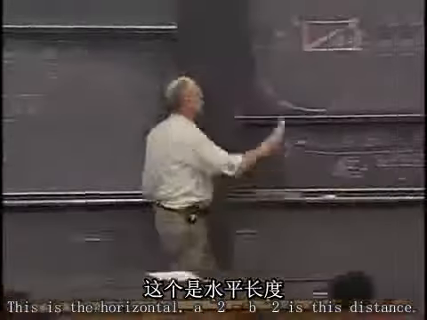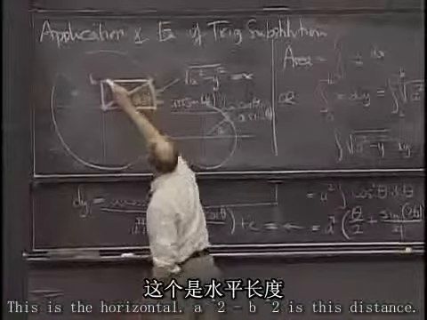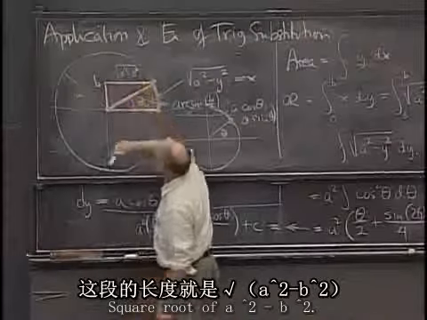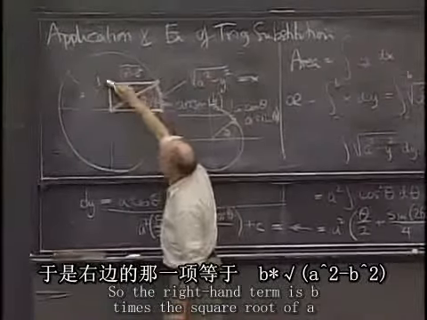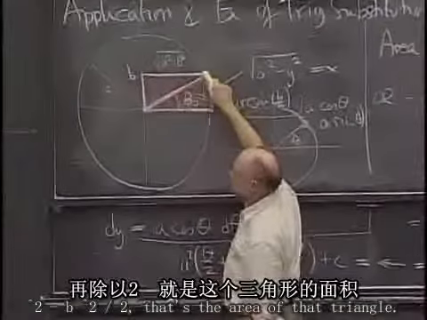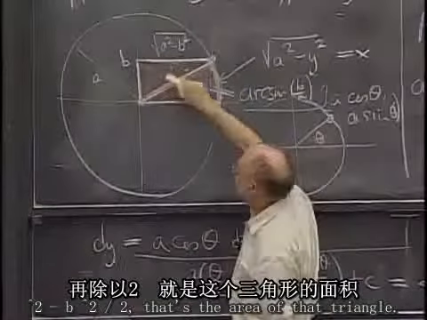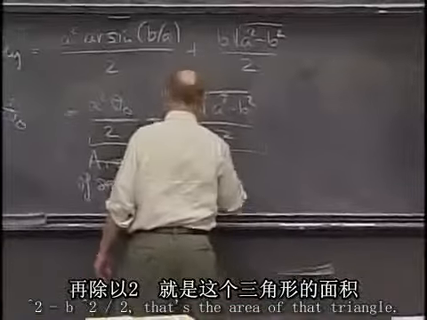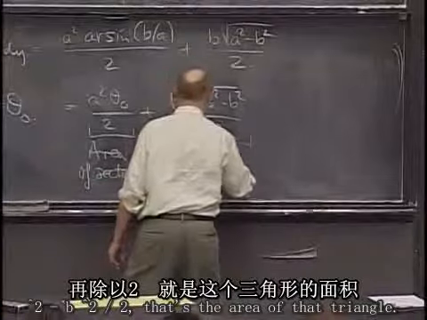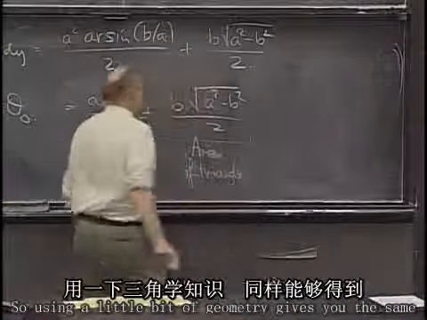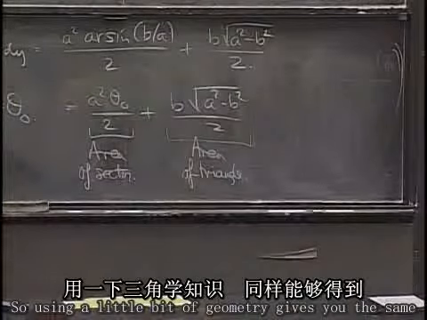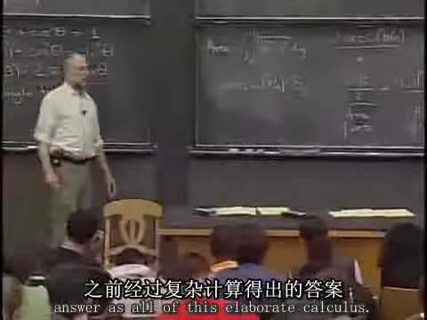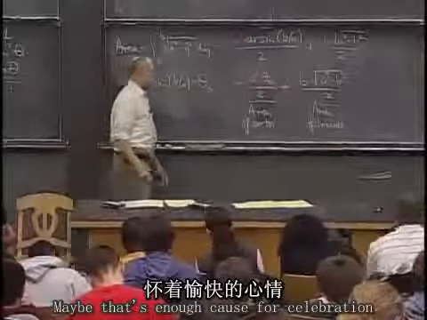A squared minus b squared is this distance, the square root of a squared minus b squared. So the right-hand term is b times the square root of a squared minus b squared divided by 2. That's the area of that triangle. So using a little bit of geometry gives you the same answer as all of this elaborate calculus. Maybe that's enough cause for celebration for